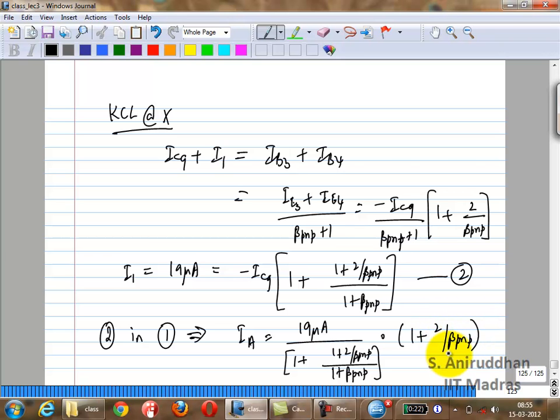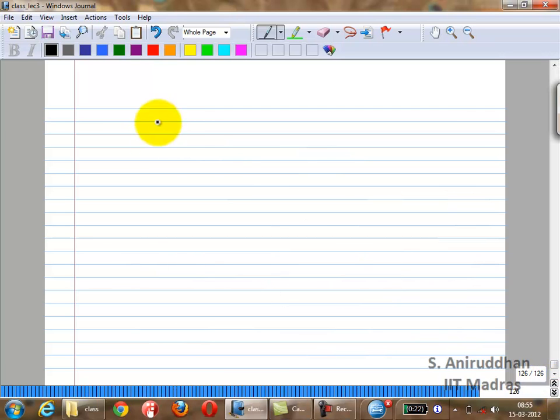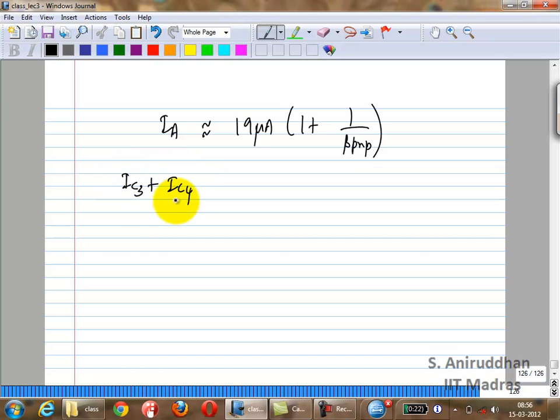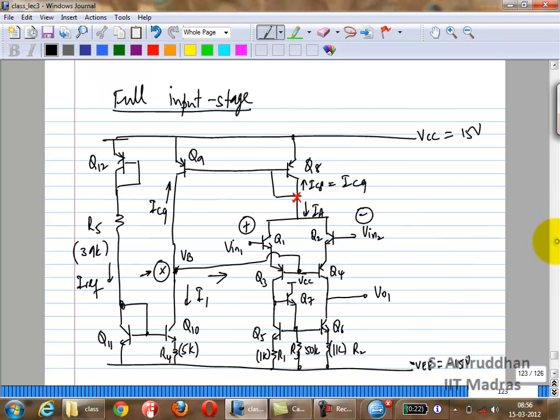So what that will give you is, okay, you get something like this. You can keep simplifying it further. What you'll see is you can make certain assumptions. You already know, you can do 1 over 1 plus x is 1 minus x. You can keep making simplifications like that. Finally, what you'll end up with is, you'll end up with this. Okay. Next step, once we have found out IA, now I'm going to find out